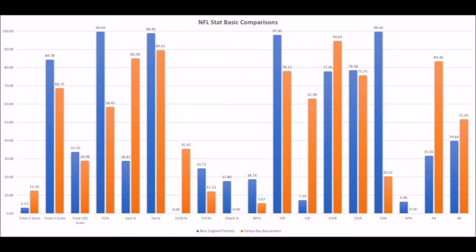Now, the overall data favors the Buccaneers. It favors the Buccaneers only because the defense of the Bucs has been better at preventing points compared to the Patriots over the last 4 weeks. The Buccaneers are not necessarily a great defense, but they've been a little bit better than New England's defense. And that's why there's that advantage there.